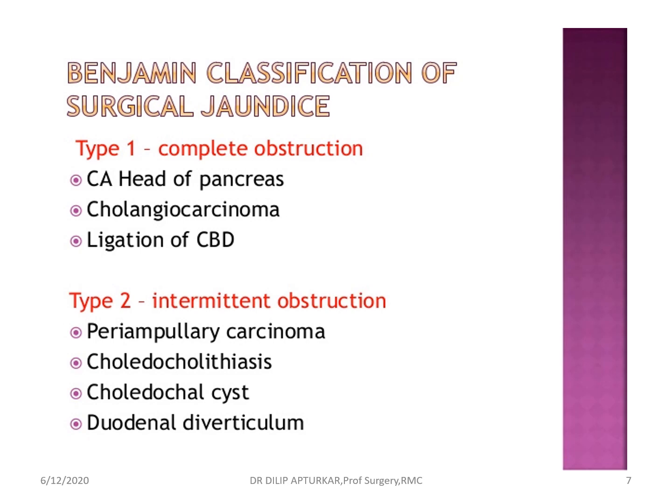Choledocholithiasis, again gallstone impacted at the ampulla. Because of dilatation of CBD, it will be released and bounce back, releasing the obstruction. Again it will obstruct in the ampulla of Vater, giving rise to intermittent picture of jaundice. Choledochal cyst again causes intermittent obstruction. Duodenal diverticulum again results into intermittent obstruction.